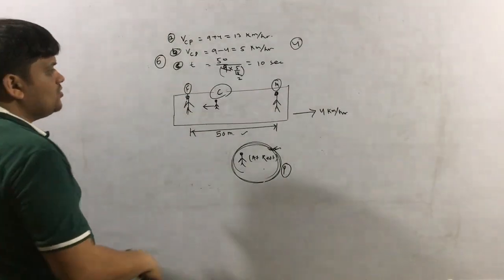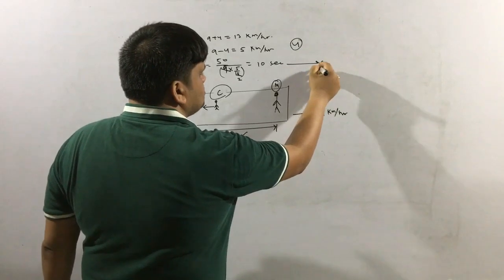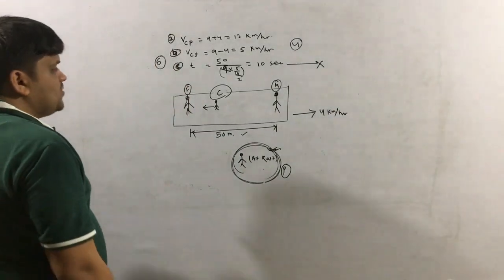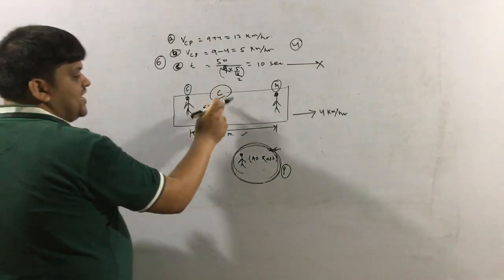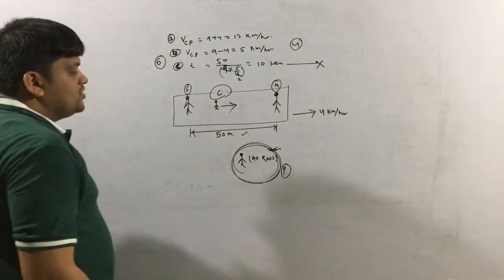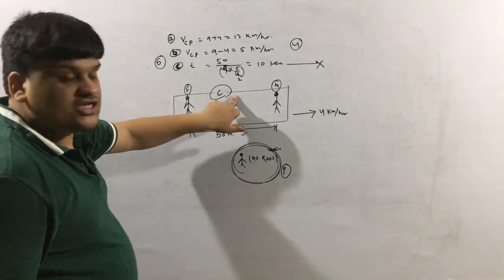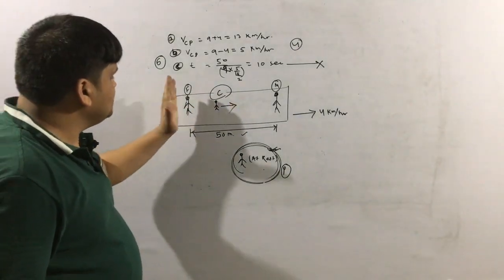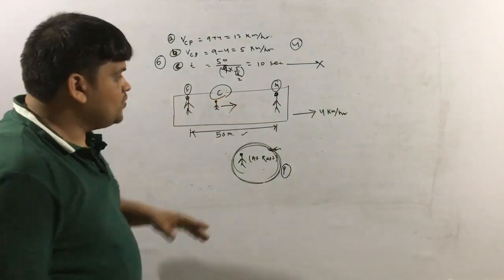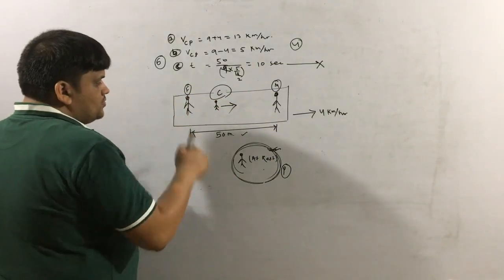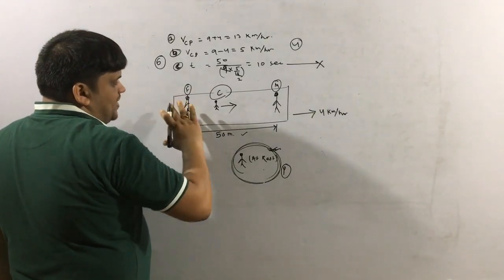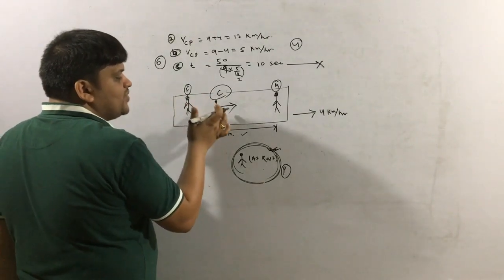Okay, just now I told you this is not going to change because time is an absolute thing. Now let us find the speed of the child. If it is moving along this side, the speed of the child with respect to the father. The father is at rest, the child is moving. So forget about the mother. The father is at rest, or you can say the father is at rest with respect to the child.